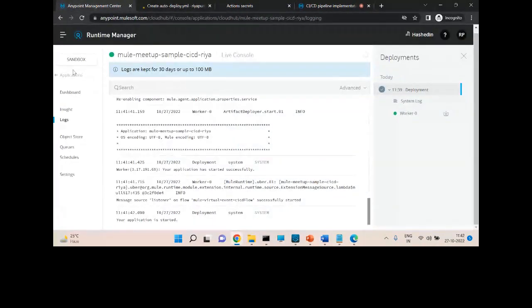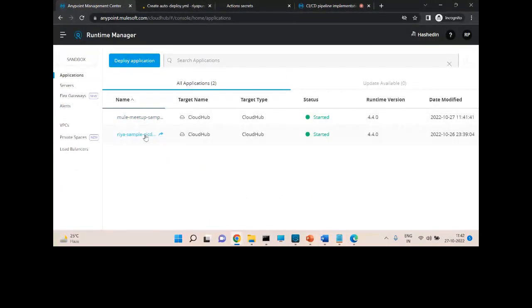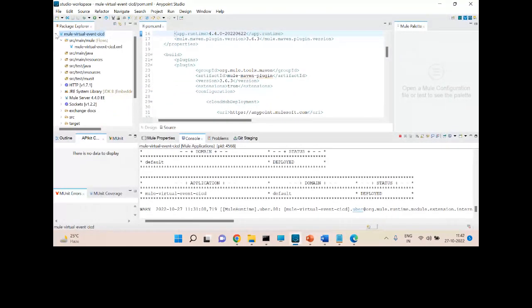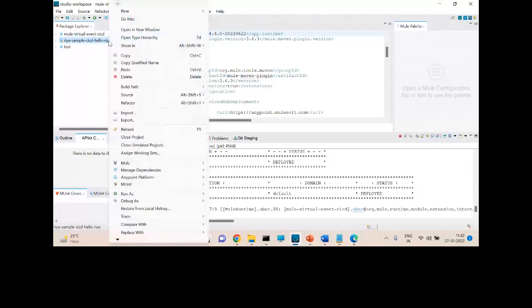So now we can see this, I have already deployed this application. If I want to redeploy, we will not create it again from scratch, we will update things in the repository. So we will update this repository and then check what happens. This is the repository, this mule sample hello CI/CD.